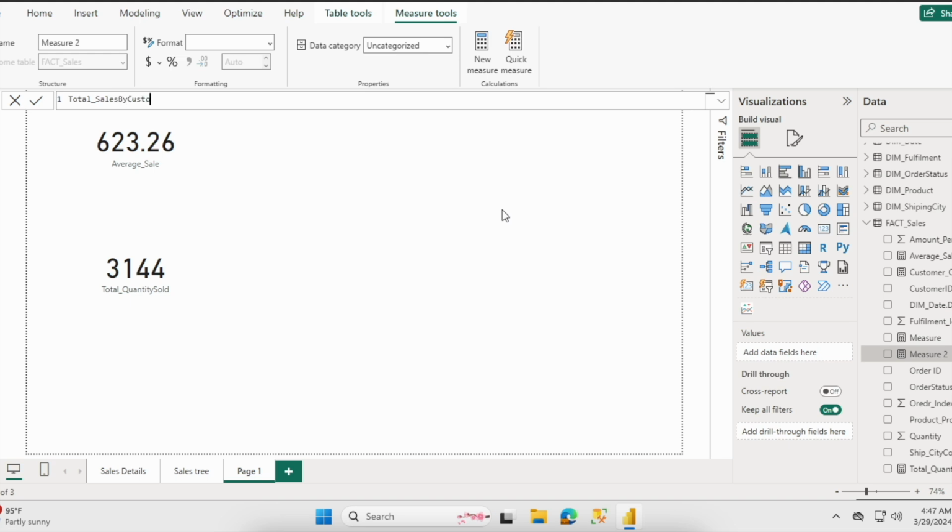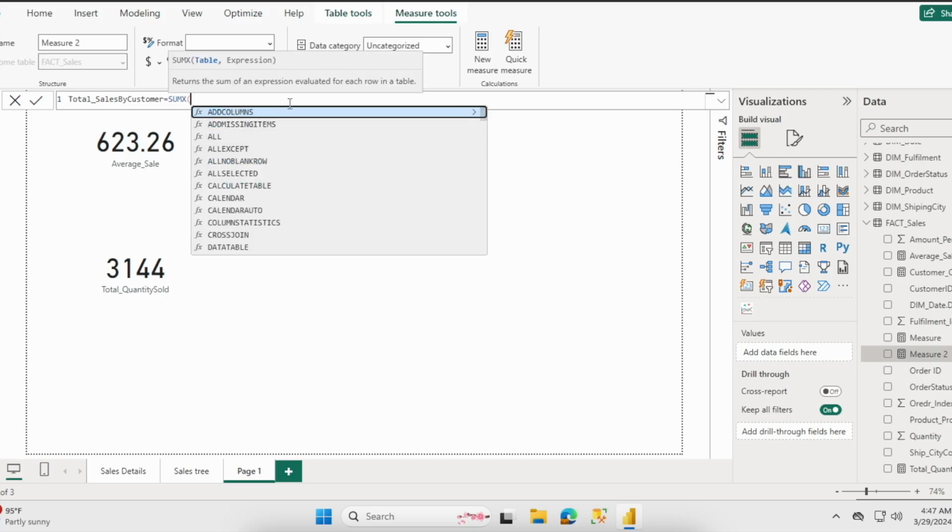by customer is equal to SUMX, we are going to use this time. Okay, and here we have to use a table, then expression.